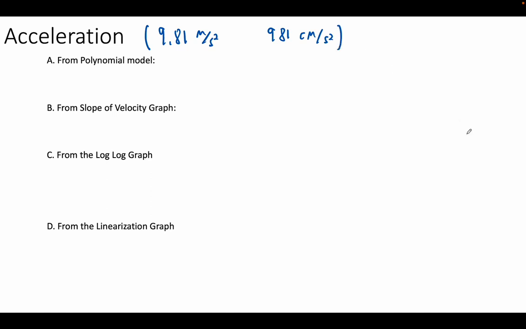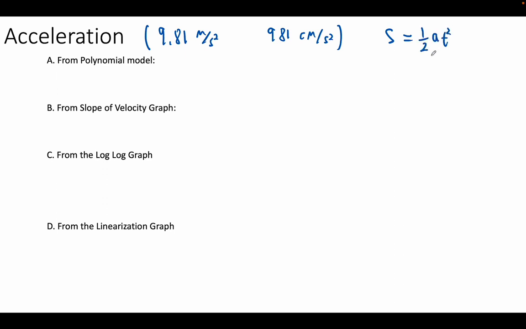But it's never going to be that high, and we're not going to get the same number a whole bunch of different ways. And as far as which one's the better way to do it, I just don't know. But we'll cross that bridge when we get to it in internal assessment. Now the first way is to do it from the polynomial model. Ideally, we think that s is equal to 1/2